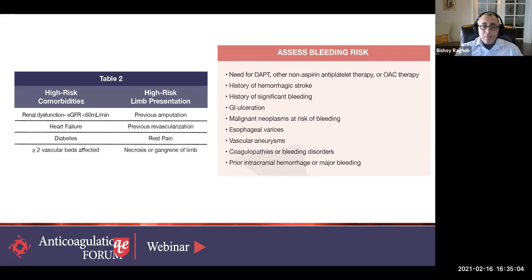All right, so with regards to peptic ulcer disease in this particular patient, just want to go back and recall the exclusion criteria in the VOYAGER specifically for GI ulcerations was any GI ulceration confirmed within the past 6 months prior to randomization. In our particular patient, however, the patient has a remote history of peptic ulcer disease and currently doesn't have any ongoing ulcerations or symptoms. So that being said, in this particular patient, it would be reasonable to pursue the dual inhibition pathway with rivaroxaban and aspirin.